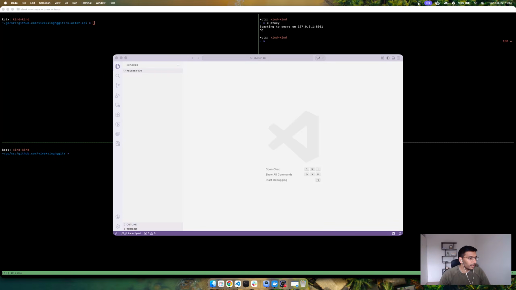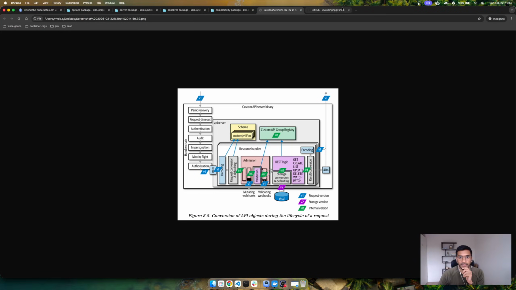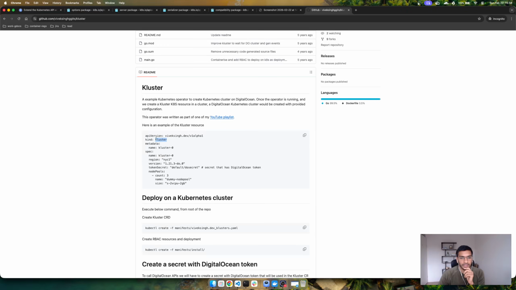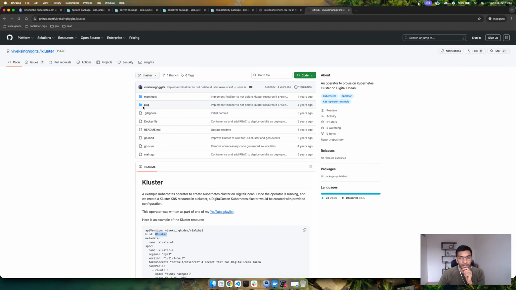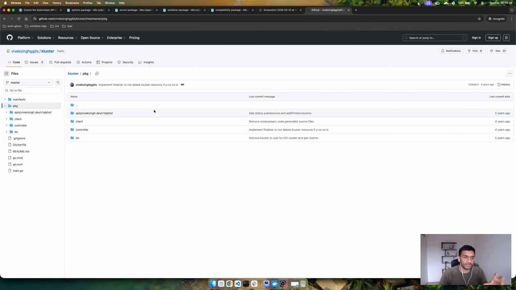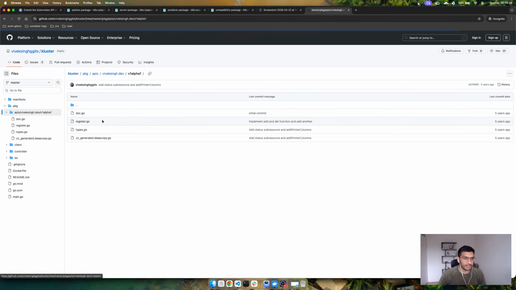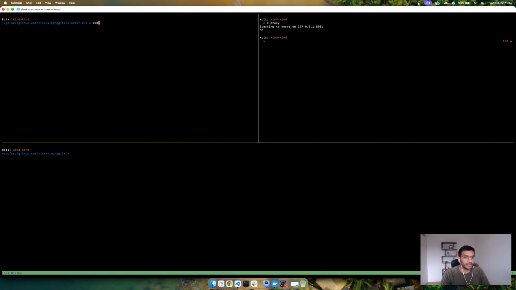And like I said, this is the API that we are going to introduce. So let's just go ahead and use the same kind of types struct that we have for the cluster resource. So I'm just going to copy. I'm going to create the same directory structure here. So make directory package APIs cluster and v1alpha1, and then